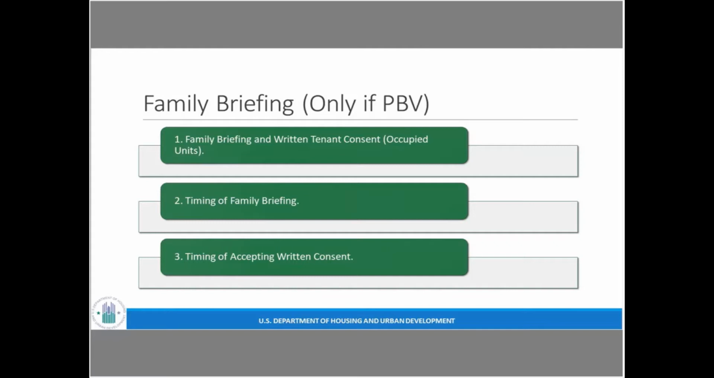So SAC is recommending that Housing Authorities not accept the family's written consent as to which option to take, PBV lease or tenant-based assistance, until after HUD approves the SVC plan and after the Housing Authority issues the 90-day notice. So in other words, the family briefing, the meeting with the families, explaining their options, can occur at any time,